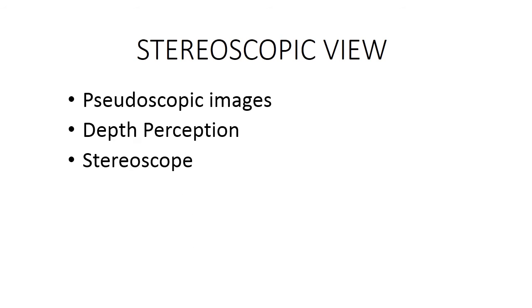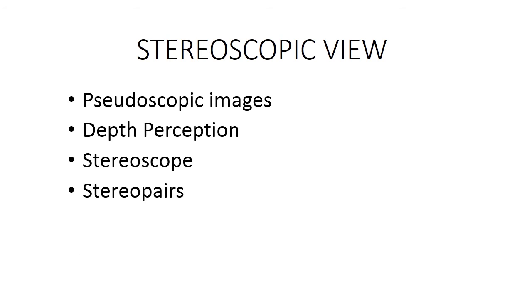The next point is the stereoscope. It is difficult to view stereo photographs stereoscopically without the aid of optical devices. The difficulties can be overcome by an instrument called a stereoscope. There are a number of stereoscopes used for viewing photographs. The most commonly used are the pocket stereoscope and the mirror stereoscope.